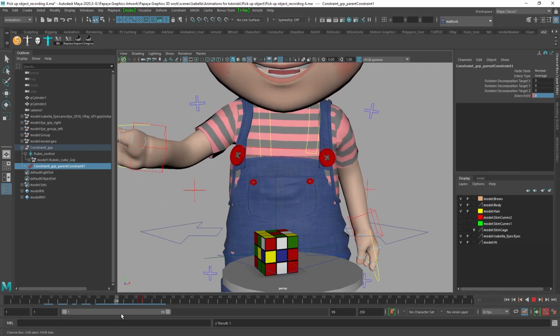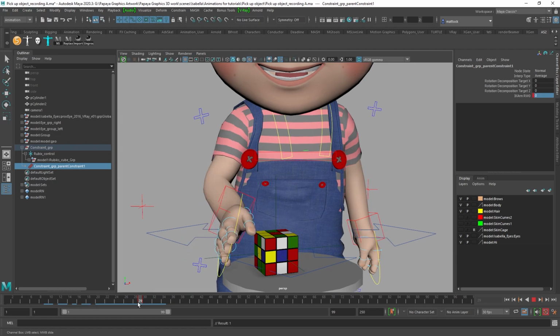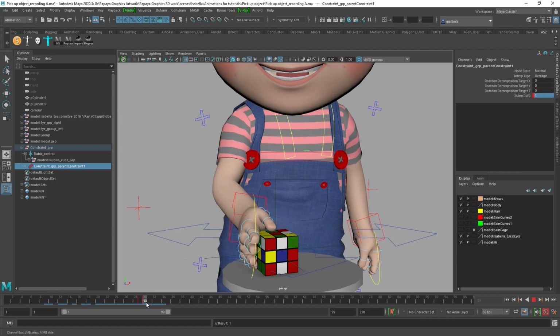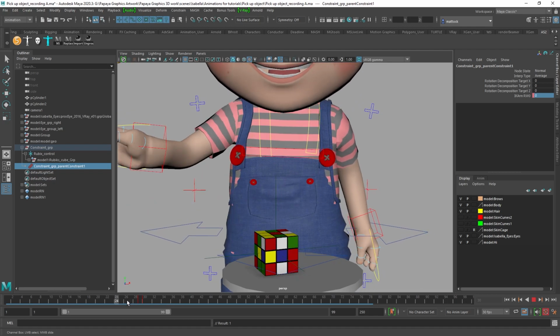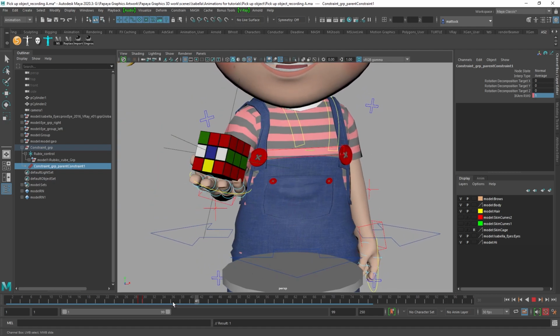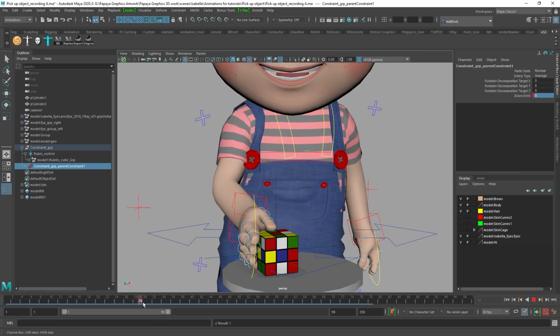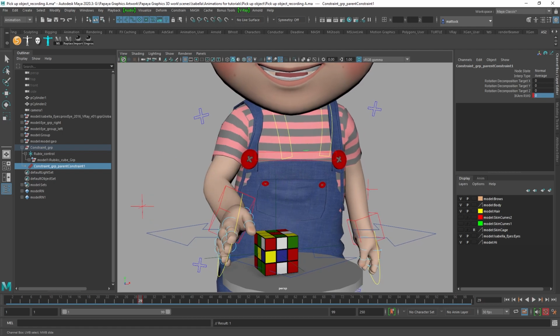And as you can see, it gets to frame 29. There's nothing. It gets to frame 30. The blend, the parent constraint, the blend parent animates, and she picks it up. It really is as simple as that. So you've got your parent constraint animated, just a keyframe change, and you can see this in your